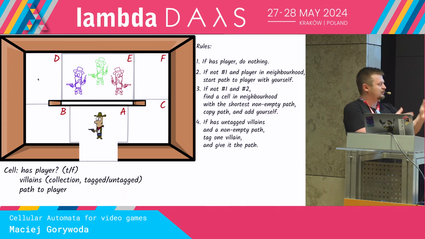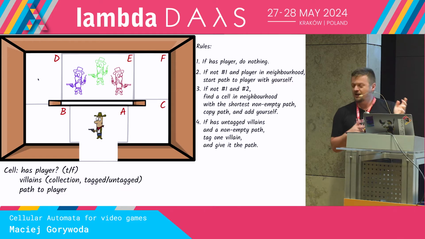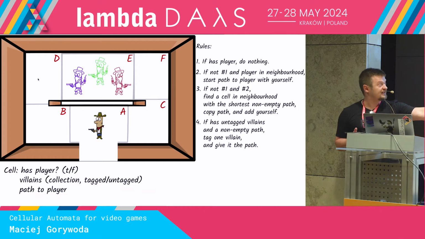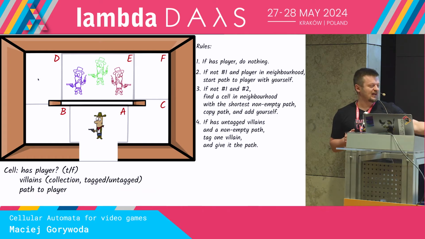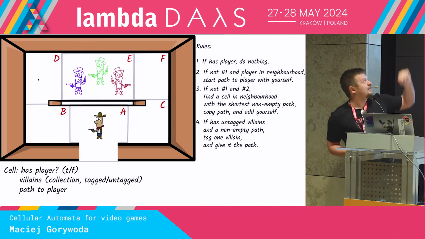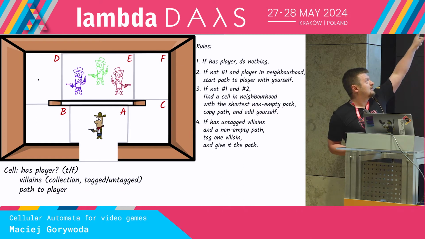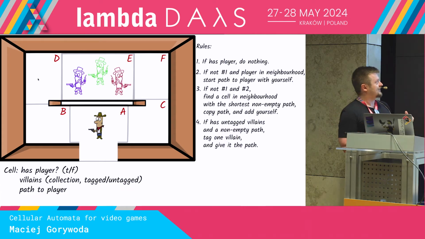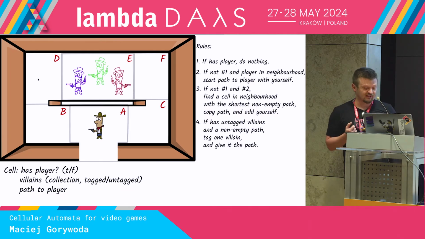Okay, I turn to one of them, shoot that guy, turn to the other, start shooting at that one, but what's happening there? That place, for example, if this is the cell B, is again empty. So we can again take a decision that the third villain, which is not used yet, will take that path, and while I'm shooting at this guy, he will take that place and shoot at me at my back. So wow, that's again a very interesting, very well created AI, but this is still only those 4 rules and this one small definition of cell.